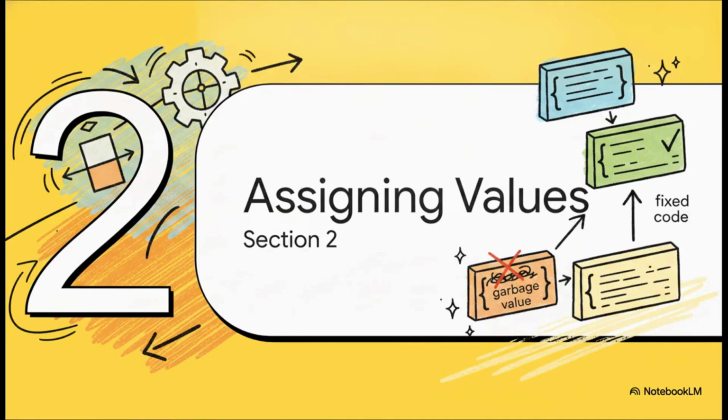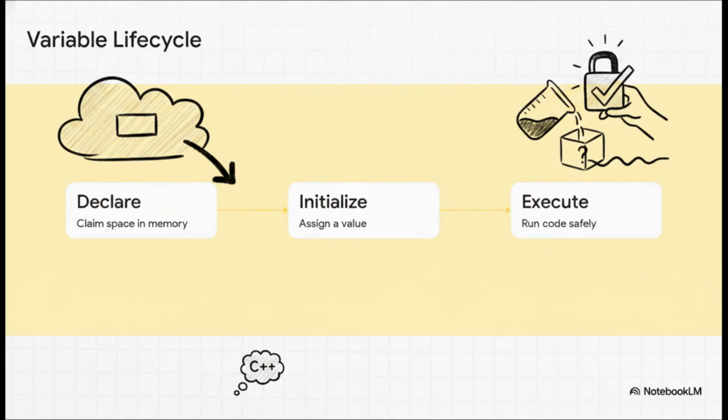Section 2. Assigning values correctly. Knowing the danger of those garbage values, we absolutely have to shift our focus to the solution. And it comes down to 3 simple, non-negotiable steps. Step 1, you declare the variable, claiming your space in memory. Step 2, you initialize it. You immediately assign a value to it, especially if it's a local variable. You just never want to leave a local variable hanging. And step 3, you execute safely, knowing exactly what data your program is manipulating. As a programmer, you have to get into the strict habit of always initializing your locals to keep your software